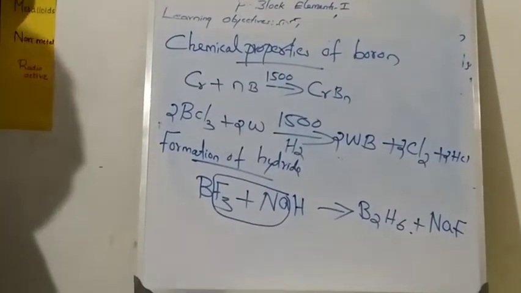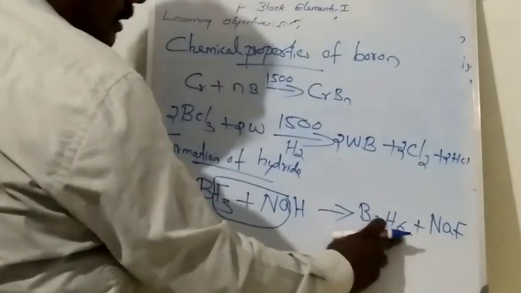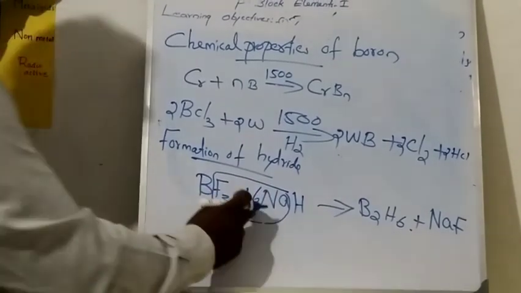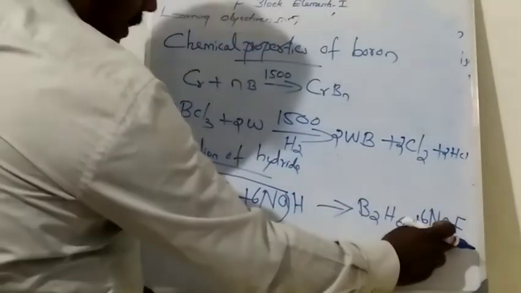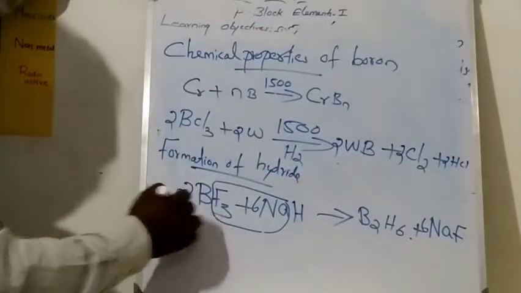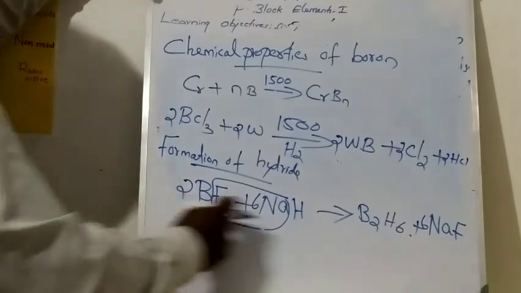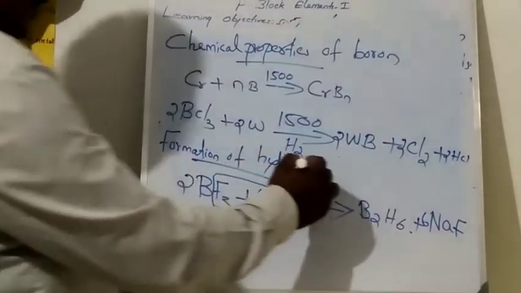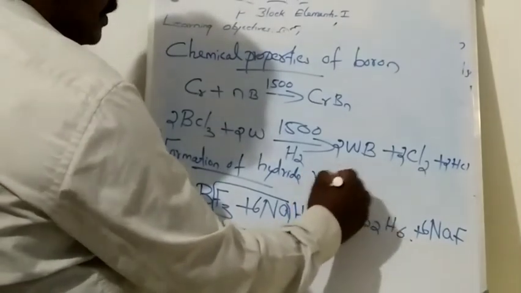How can we balance the equation? Here having hydrogen 6, so you make 6. Here sodium 6, sodium 6. Fluorine also having 6, so we make 2 here. So the equation is balanced. It's a very repeating question, a very important question.